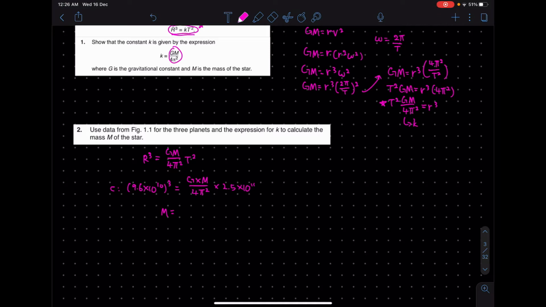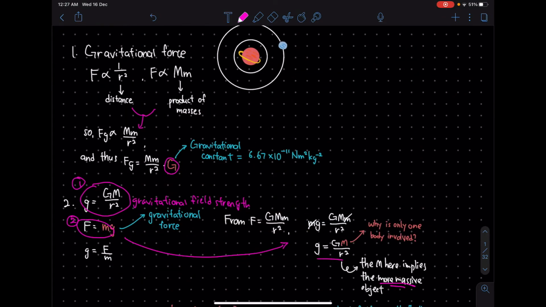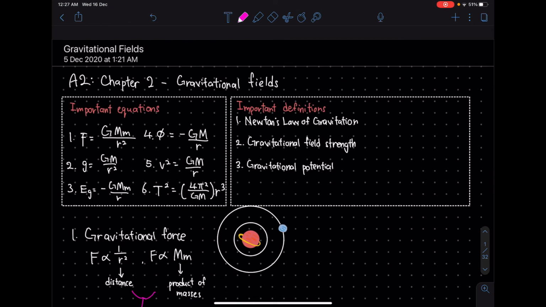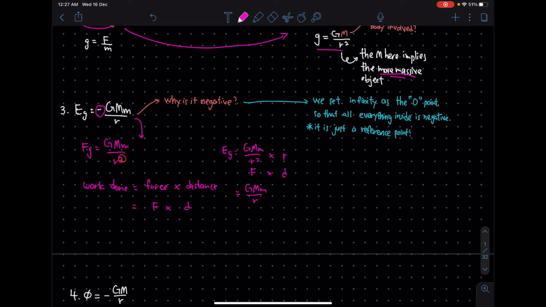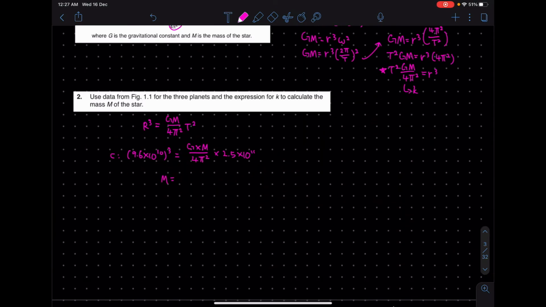And let's see, as we all know, the value for the gravitational constant is, let's scroll up and take a look, it should be 6.67 times 10 to the power of negative 11. Yeah, 6.67 times 10 to the power of negative 11. Okay, so it should be something like 9.6. So M would be